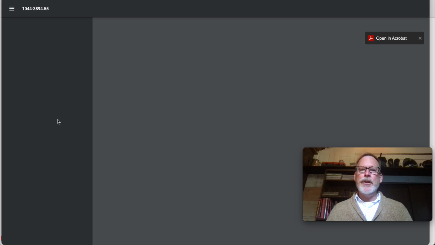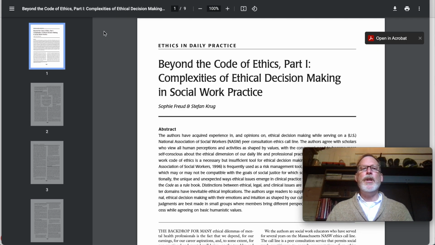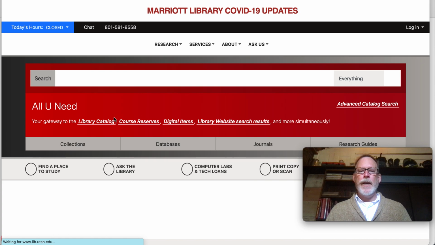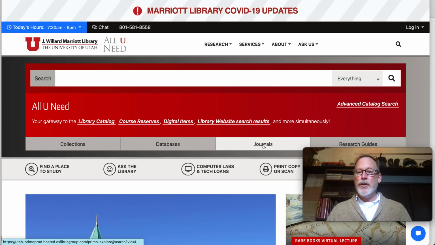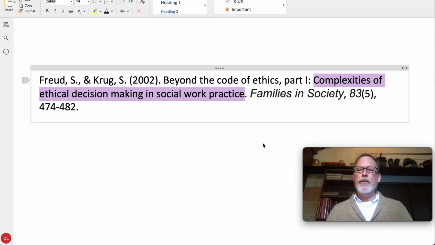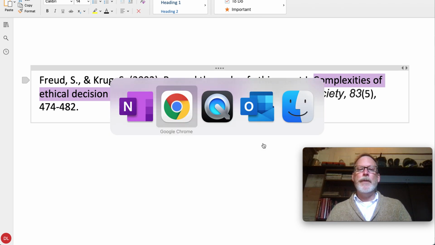So the third one that I wanted to show you, and this is if you get really stuck, is you could go in and look up the name of the journal at the library homepage. So when you click on that, you could type in Families in Society, the name of the journal, and then you could look for issue 83, volume 5, pages 474, and you could deliberately look it up that way. This is really getting into the nuts and bolts of things, and this is something that you can leave me to do. Lastly,